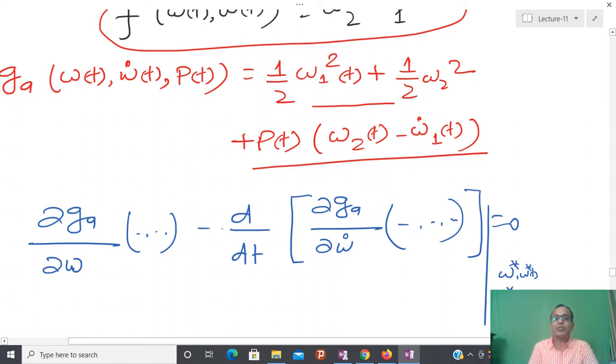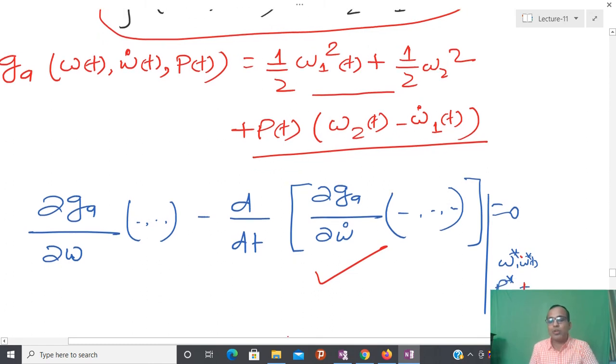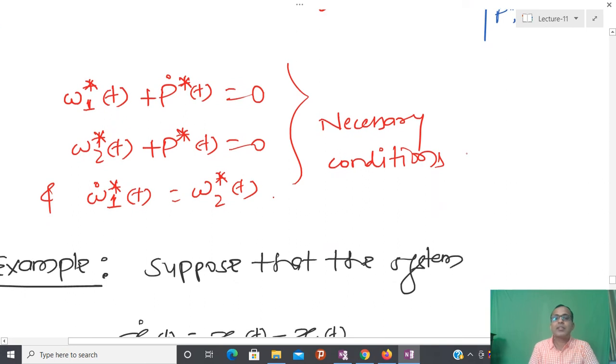And after that you have to solve the Euler equation at this point, omega star, omega t dot star, p star and t equal to 0. So basically you have two different differential equations by solving this Euler equation, and after that one equation in terms of the constraint. So by solving these three equations,